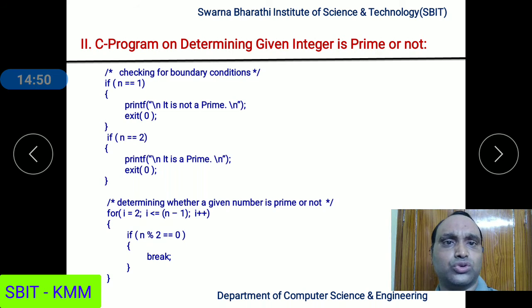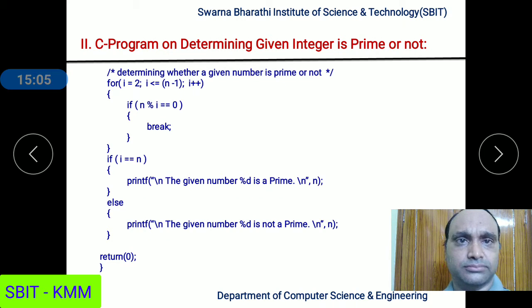Initially the i value is 2. Since we have i here, its value is 2, it divides n with 2. If that is equal to 0, remainder equal to 0, then immediately we are coming out of the loop, and then here we are